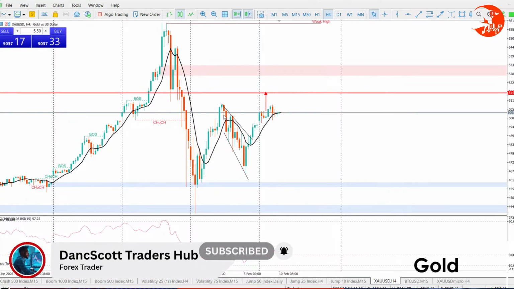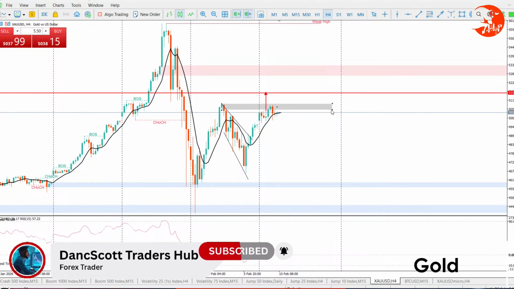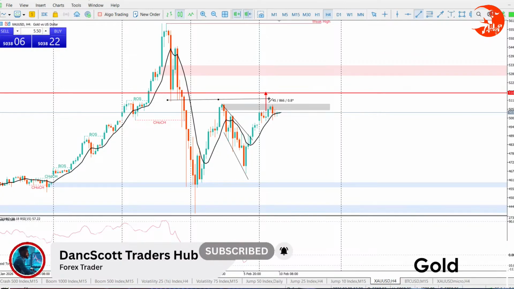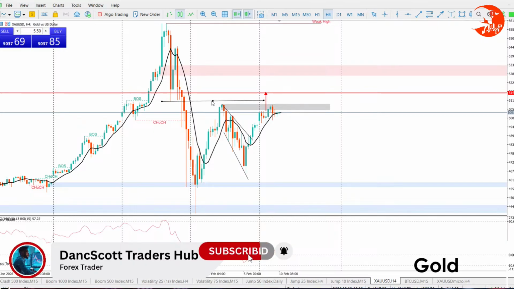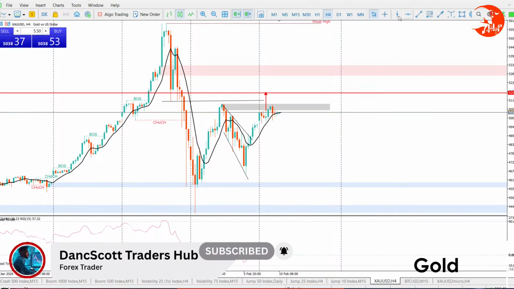On H4 we need buys, but for some reason it is failing to break this resistance right there on H4. For some weird reason it is failing to break that. Now that weird reason might be none other than this being a change of character right here. Remember that. According to H4, this was a higher high, then dropped to give us a higher low, then came here to try to look for a new higher high. It failed, and then it dropped massively.